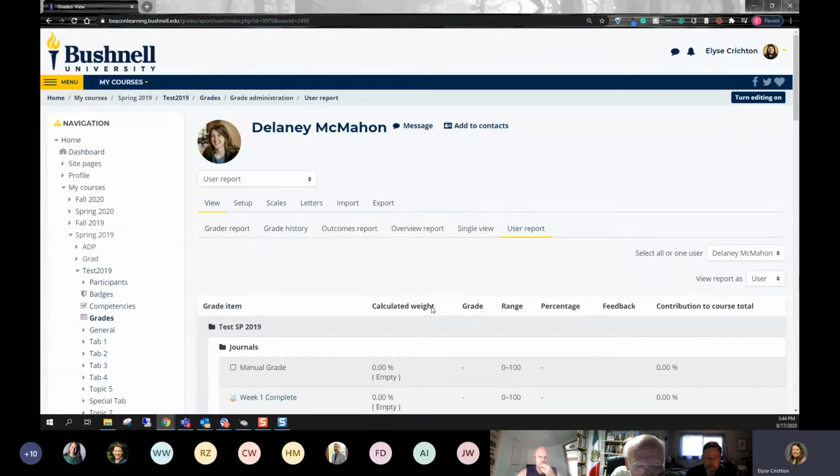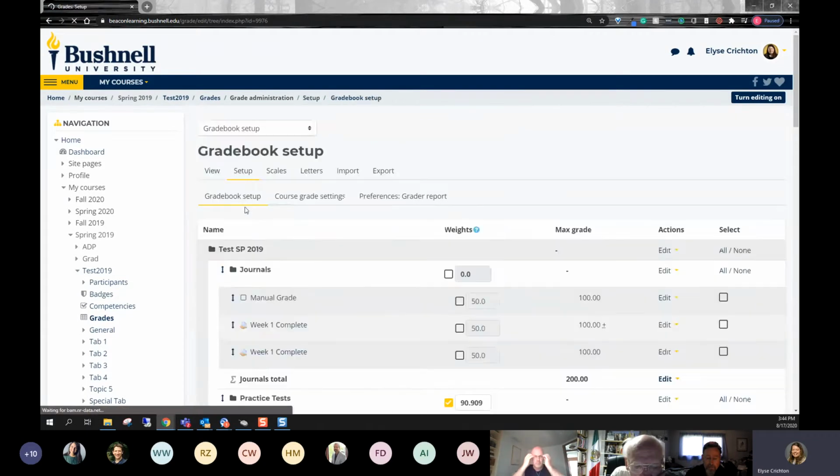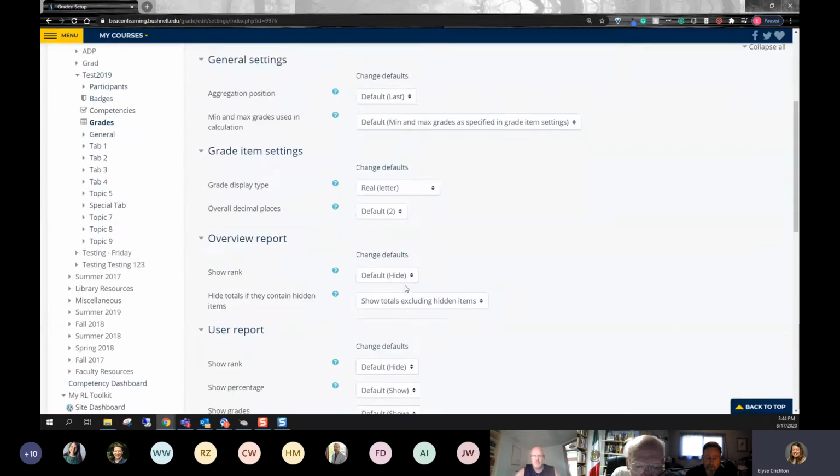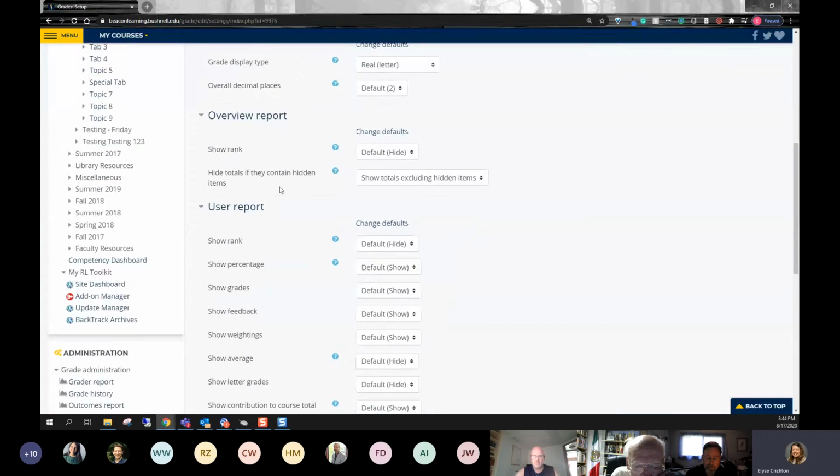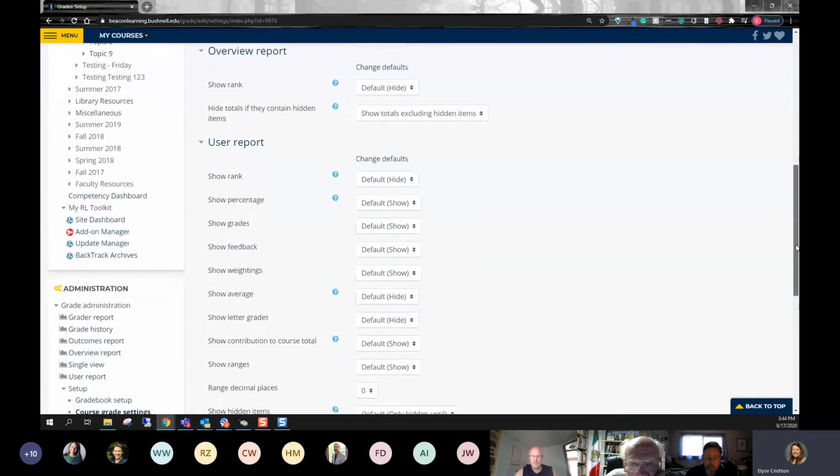So there's a few options that you could do. You could delete the assignment in question. You could edit the assignment so it's actually a non-graded assignment. Or you could come up here to your setup tab, go to course grade settings, and scroll down to the overview report and the user report. There are two places.